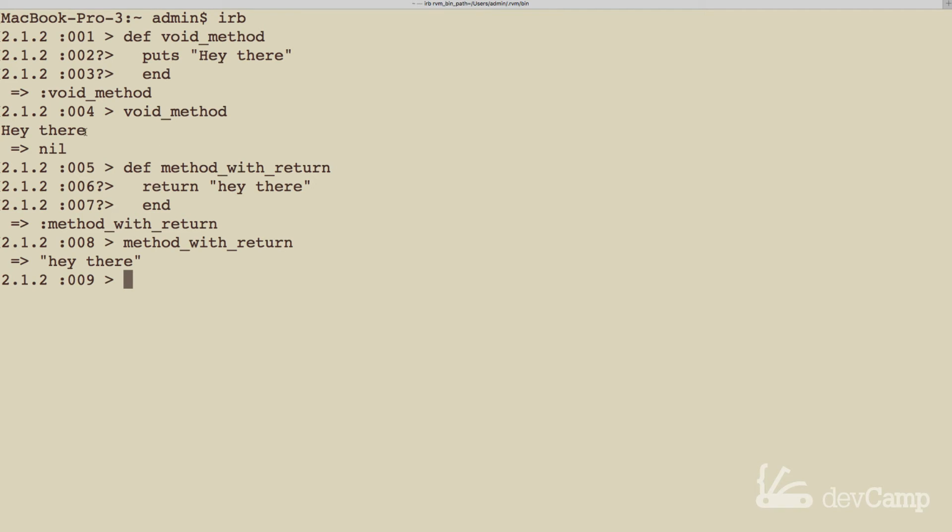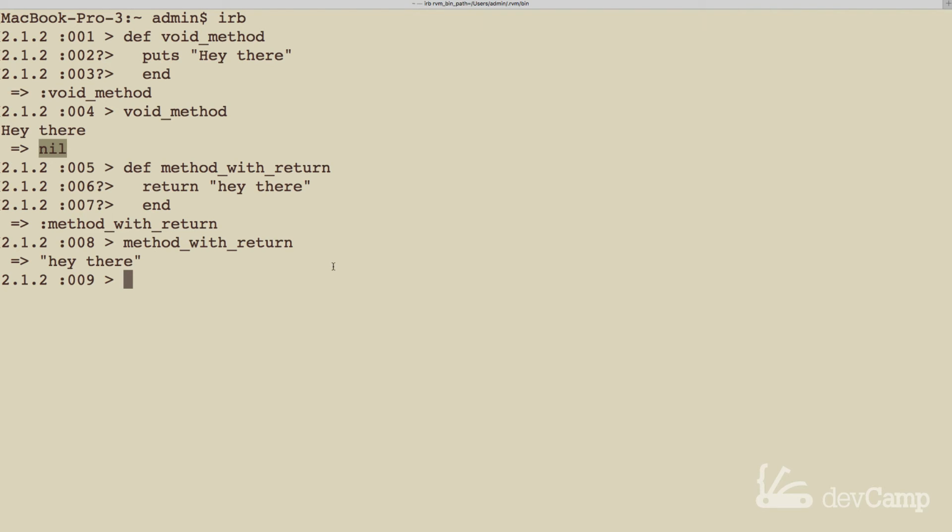You don't really care what gets printed out, because that's more for debugging purposes. Usually you're only going to use puts when you want to print something out to the console. And unless you're just focusing on creating console applications, which very few of you probably will, then you don't really care about this. What you care about is actually what gets returned. So most of the methods you're going to write are going to look more like this, where it's returning a value that you can use later on in an application. You can plug it into a database query, or pass it in as an argument to a function, things like that. So now that we have this, let me show you why this is critical.